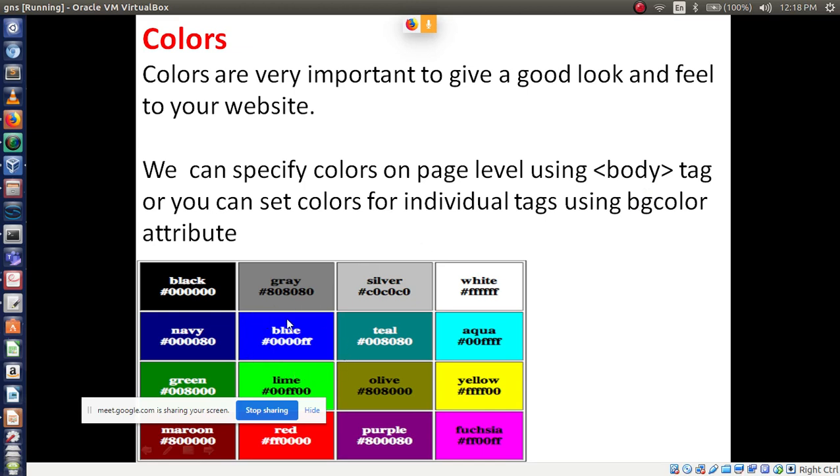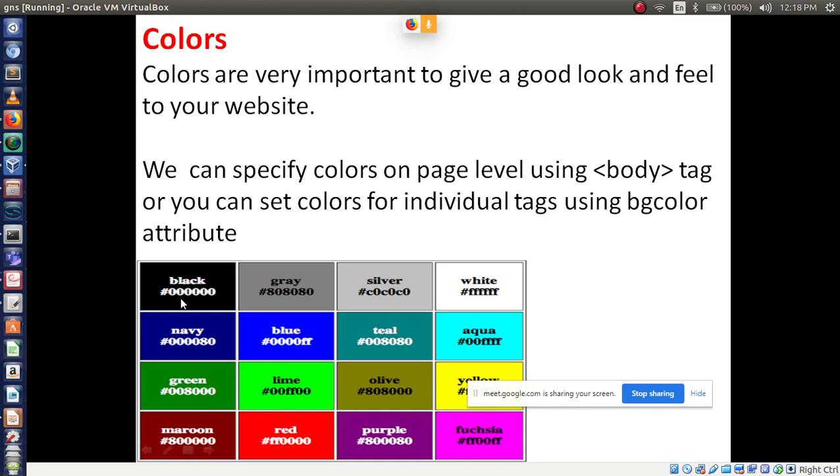So these are our basic types of colors. Basic total you have 16 colors, right? And here one more point you have to observe. Black I have written, followed by some code, right? Hash 000000, this is 6 digit number. This is a hexadecimal code. If we use this code, then the color will display in black. If we use 808080, it will display in gray color, like this. There are different kinds of formats available while applying the colors.